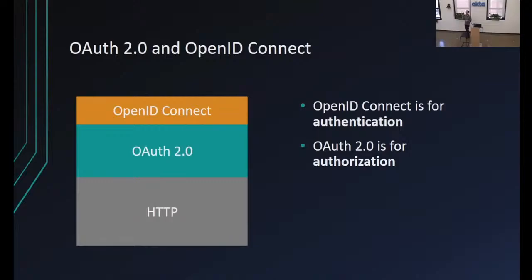Specifically, what OpenID Connect adds to OAuth 2.0 to close the gap for the authentication use case is something called an ID token. And that ID token is exactly what it sounds like. It adds some of the user's information, the ID or information about the user. And if for some reason the ID token you get back from the authorization server doesn't have all of the information you want, you can also request more user information from the user info endpoint, all part of OpenID Connect,